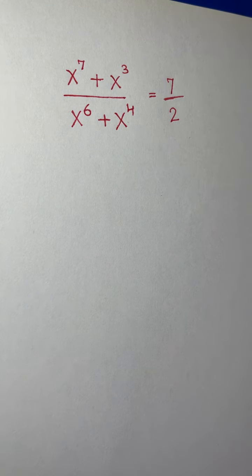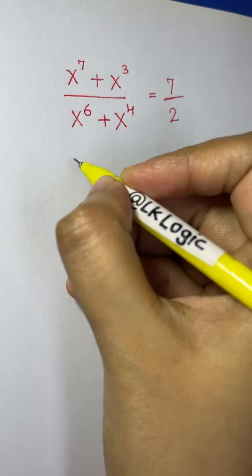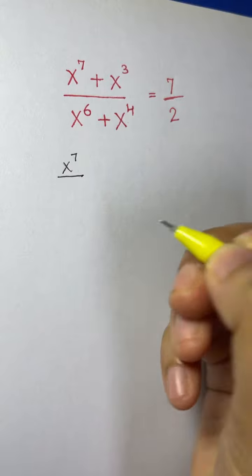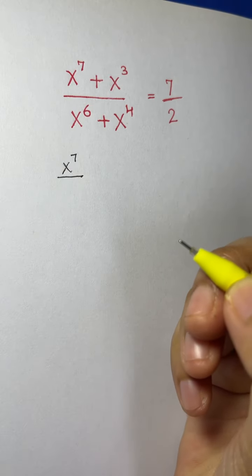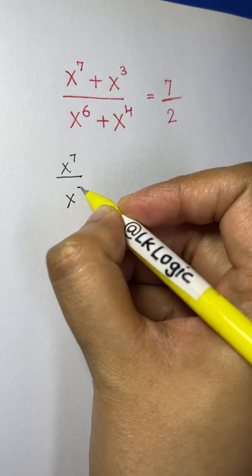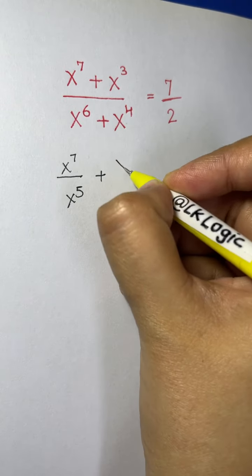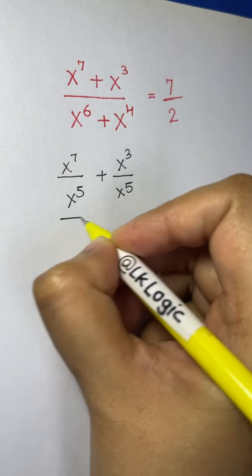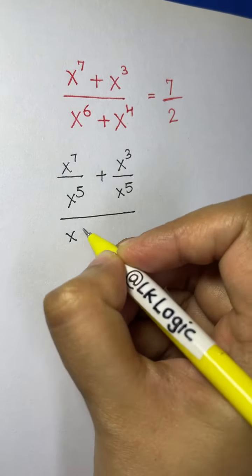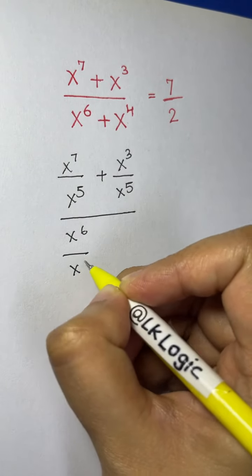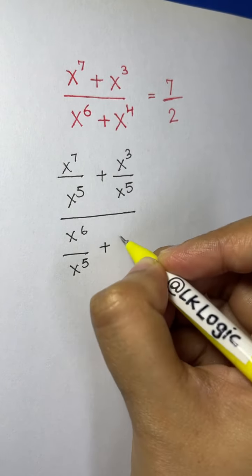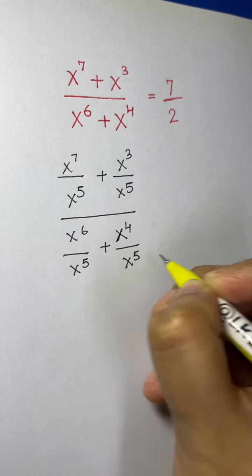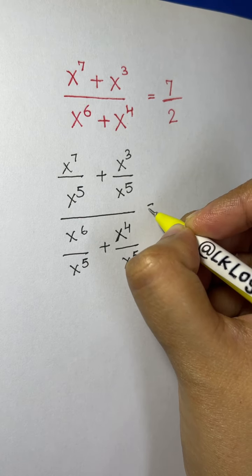So let's divide it. We have x to the power of 7 over x to the power of 5 plus x cube over x to the power of 5, over x to the power of 6 over x to the power of 5, plus x to the power of 4 divided by x to the power of 5, which is equal to